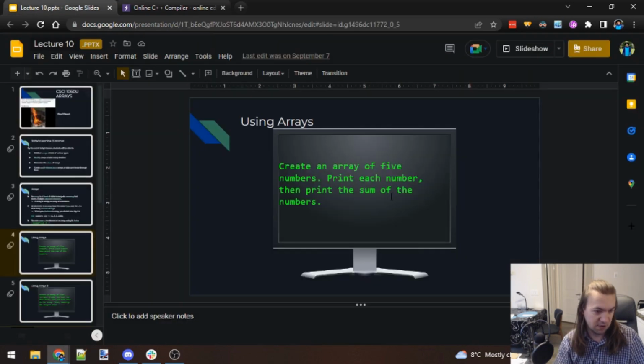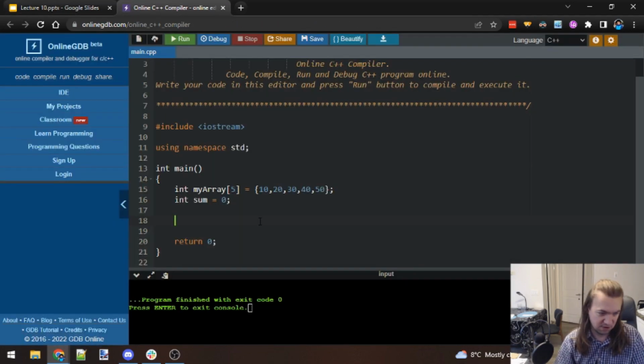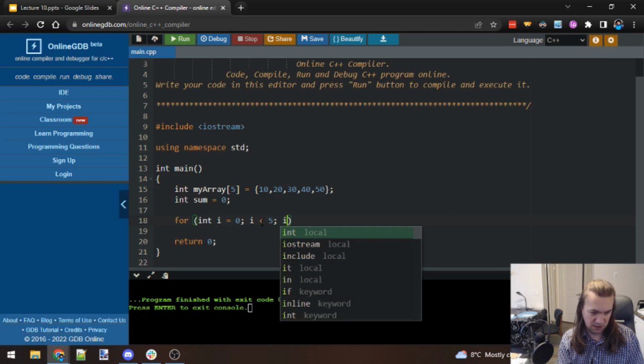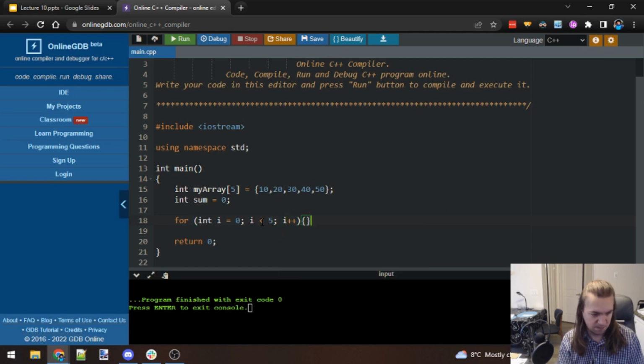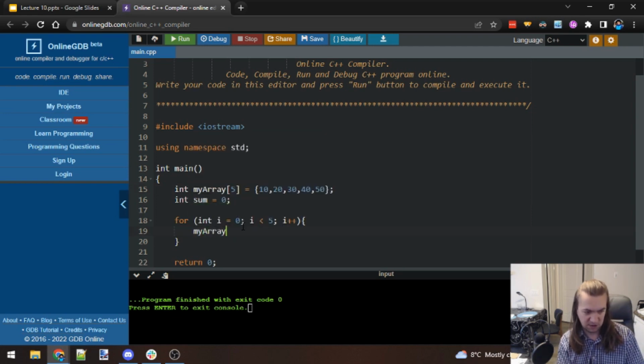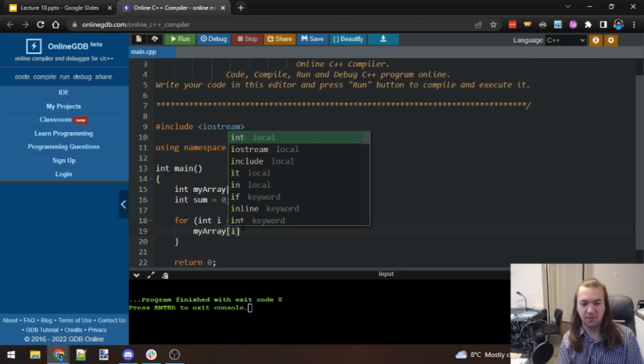So now I want to print each number and then print the sum. So we need to go through each element of the list. So we need a loop for that. There are 5 elements, and we need to go up every time. We want to print each one out. So to access an element of the array, we need to use the square brackets here. So we're going to have my array, and the element I'm looking at is the ith element at any given